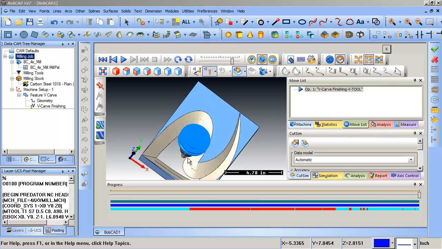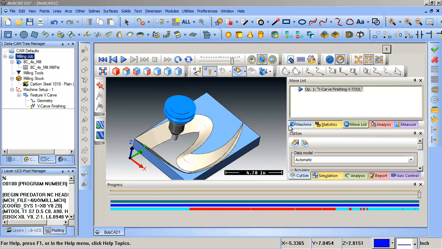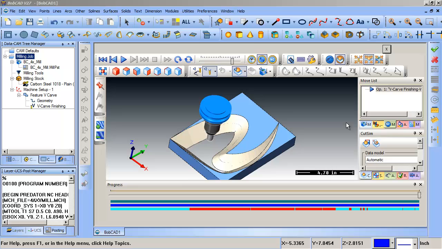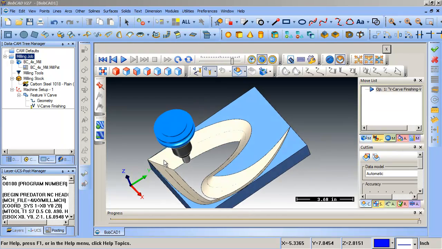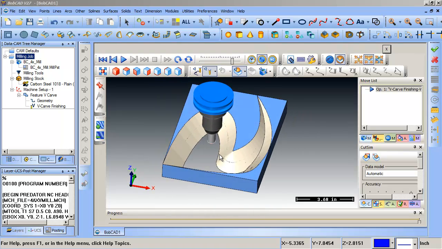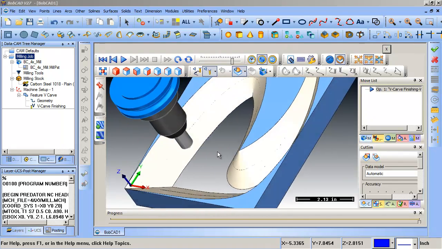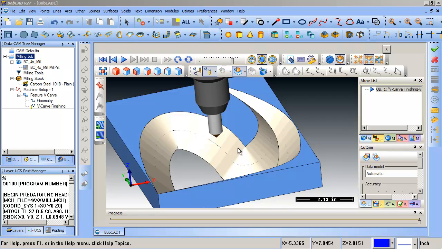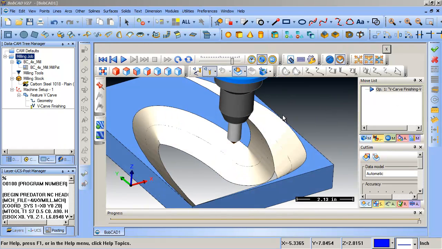So here's a VCarve shape, right? It's changed my screen resolution. So this is a VCarve shape, and that's what you want to actually model in Moi. So there's a program